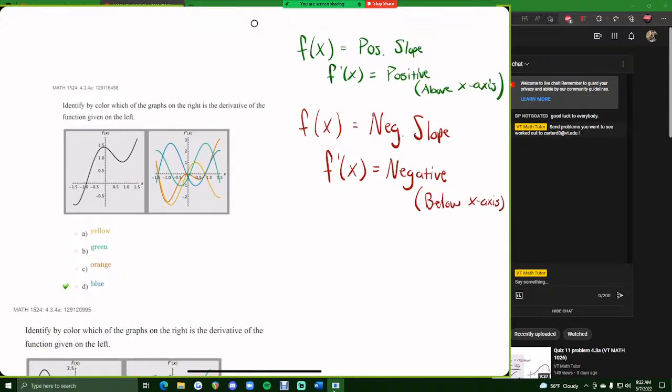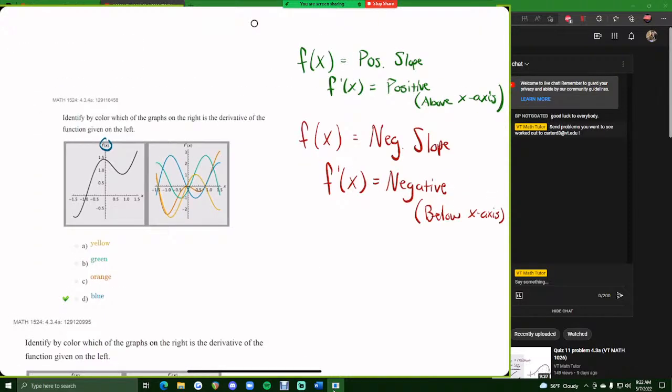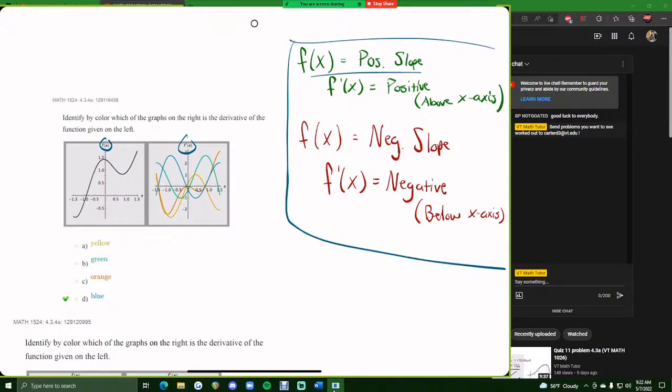In this problem, they give us a function, a regular function f of x, and the goal is to identify f prime of x. Here's all we need to know right here. We want to analyze where f has a positive slope, because that will tell us where f prime is above the x-axis, or positive. Wherever the original function has a negative slope, f prime should be negative, or below the